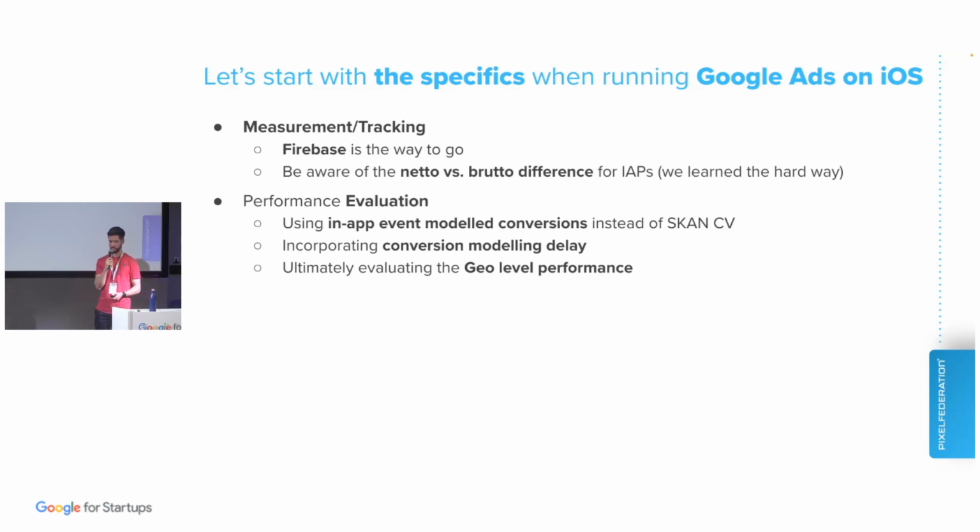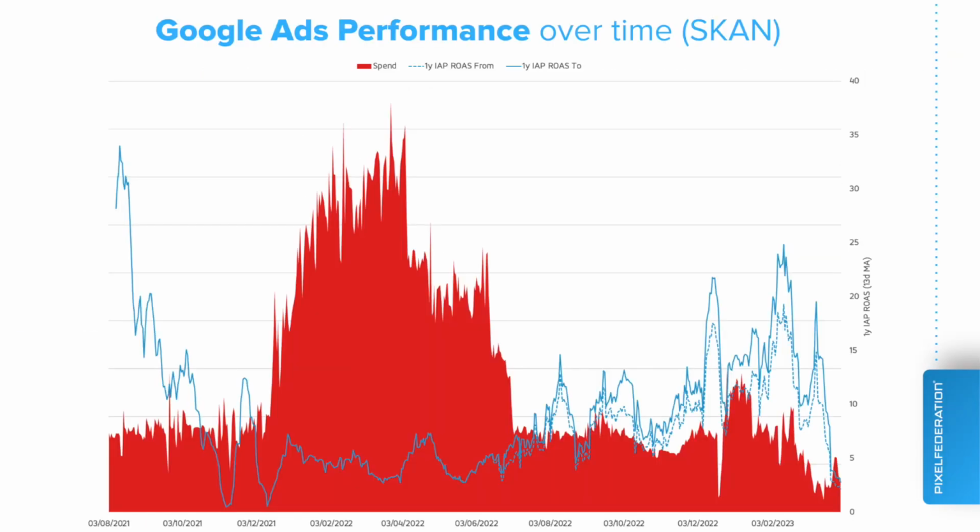So there are a couple of specifics that you need to take into account. But ultimately, if you want to see the value of Google, which there is, use isolated experiments for geos. So stop the activity for a couple of days on Meta and other networks whatsoever, and test it by yourself. What's the value in it?